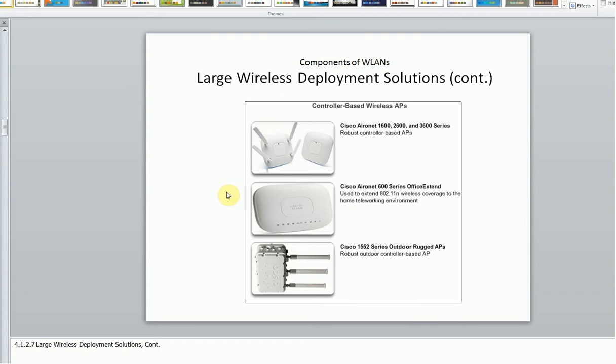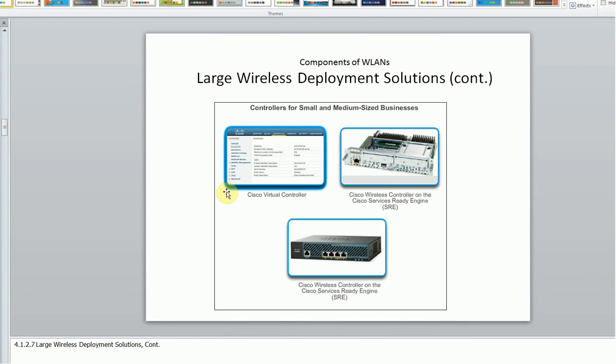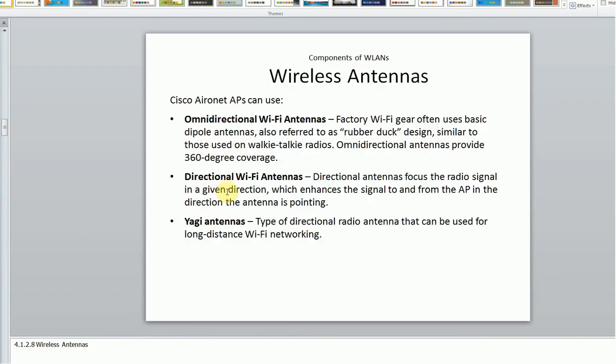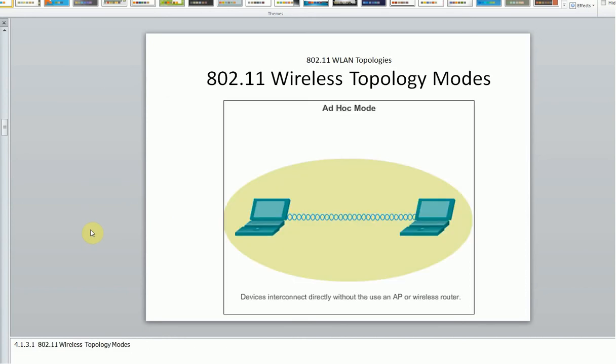We can discuss this later. We need controllers for mid-size and small business solutions. This also has different wireless antennas. I'm skipping it because it is basically about signals and systems.